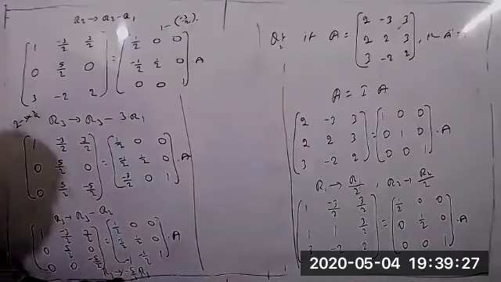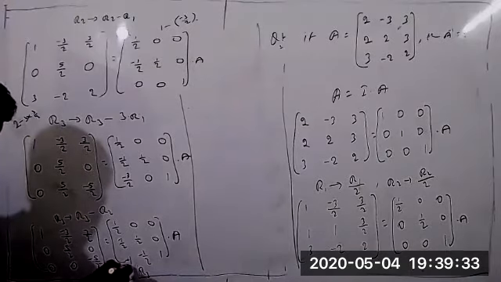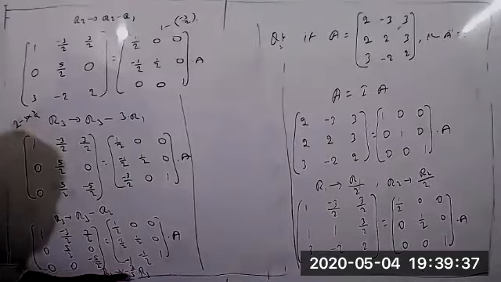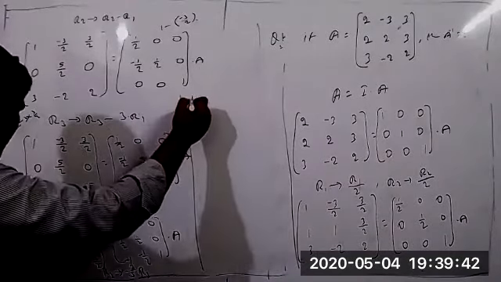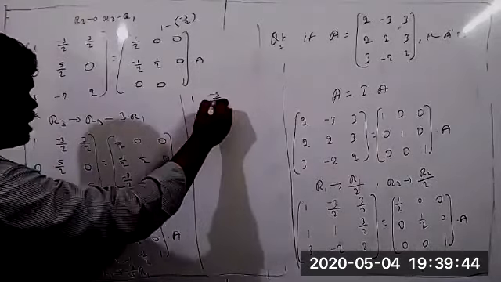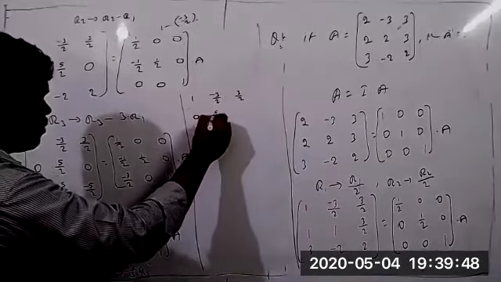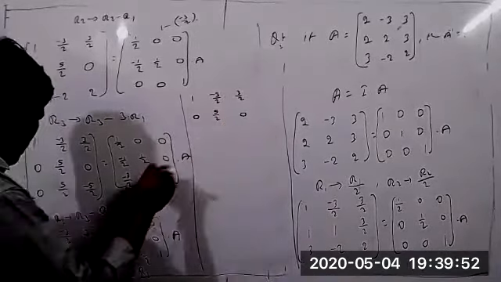Minus 5 by 2 into R3. So minus 5 by 2 into minus 5 by 2 equal to, sorry, this you can take the reciprocal, 2 by 5. 2 by 5 we can take. Then 5 will be cancelled, 2 also cancels, minus into minus equal to plus. Apply now. So the first row is only 1, minus 3 by 2, 0, 3 by 2, 0, 5 by 2, 0.